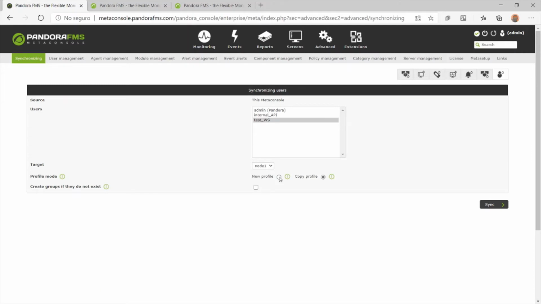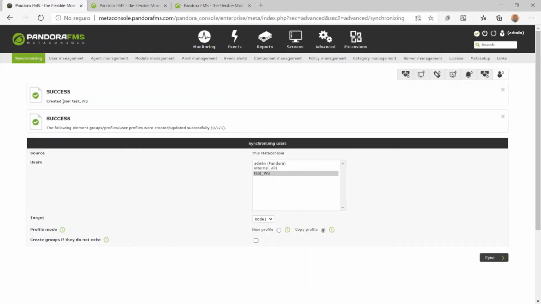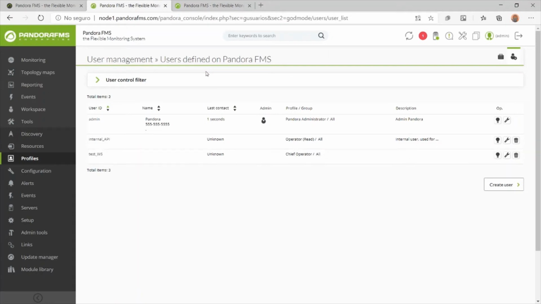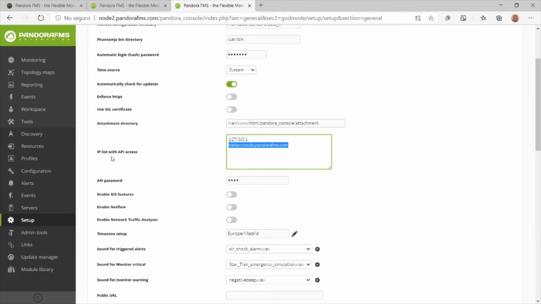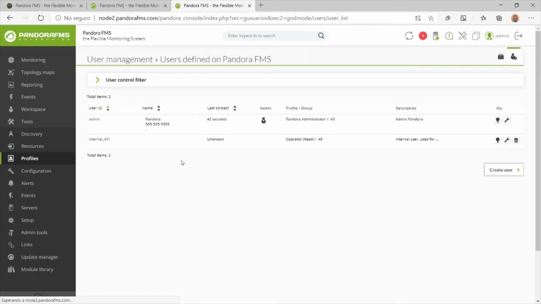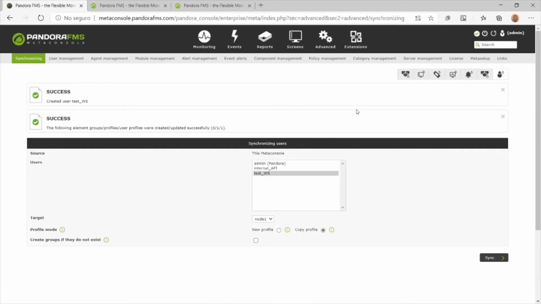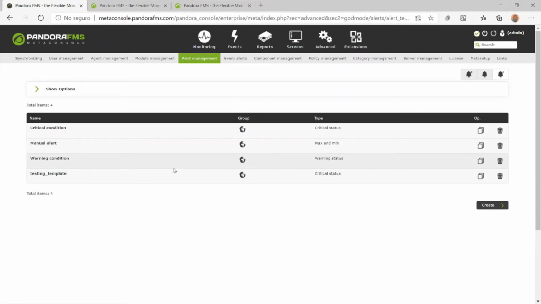In this case, I will copy profile and I will deploy it to node 1. Okay. Now, if we update user list on node, we see that the new user is available to use here too. In node 2, he is not, because we don't synchronize it to node 2. And we can use this with, for example,